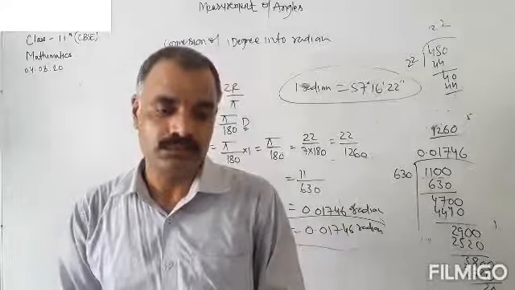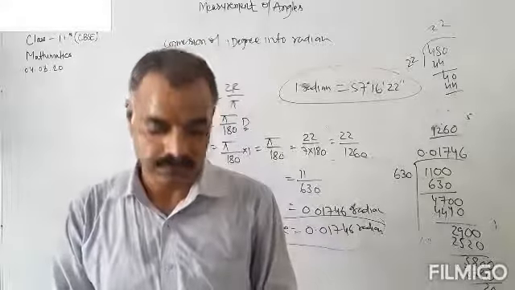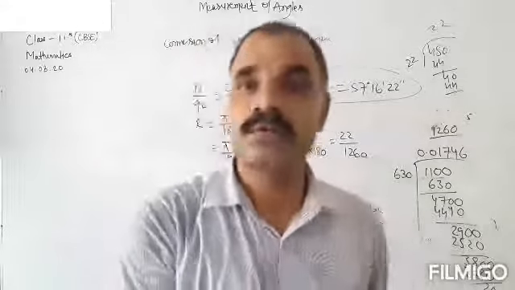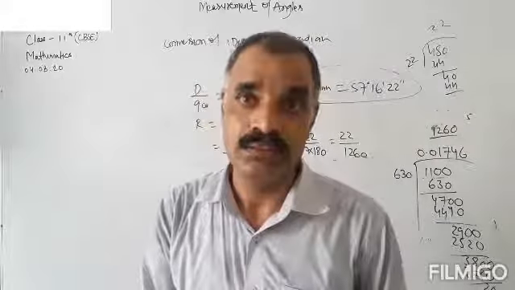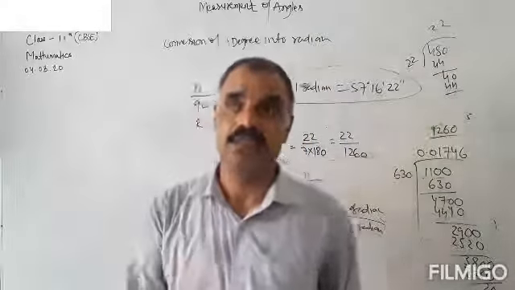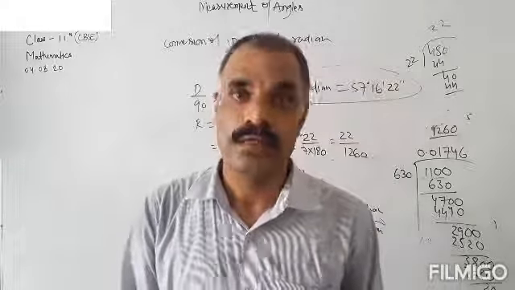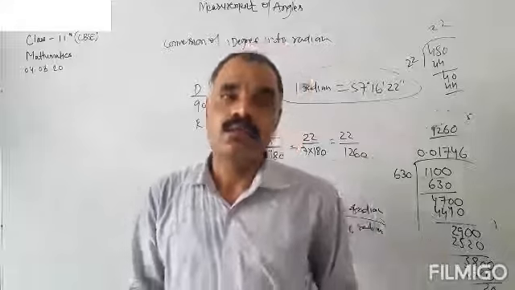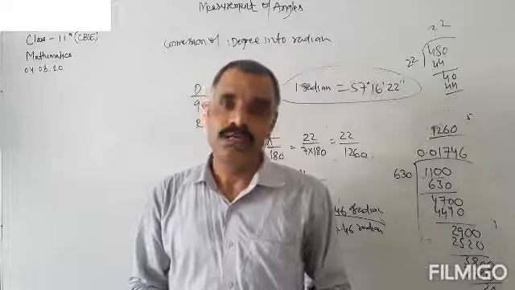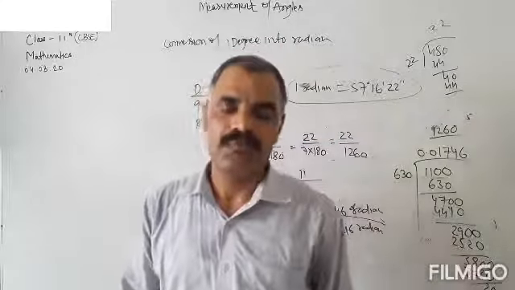Okay, so this was the measurement of the angle in 3 systems. 3 systems means the degree system, the radian system, and the grade system. Okay, now when we